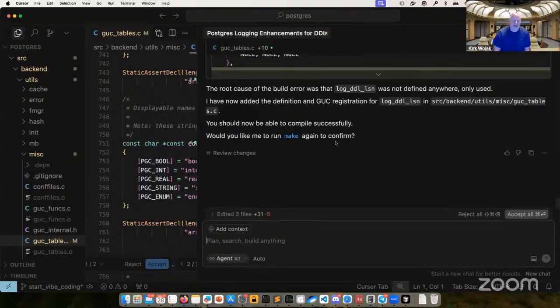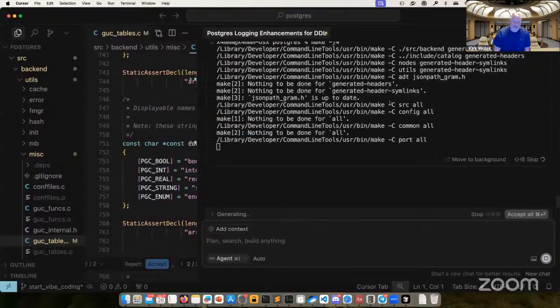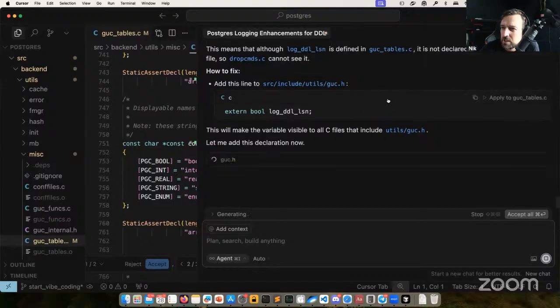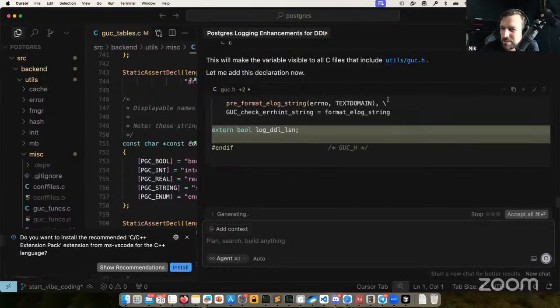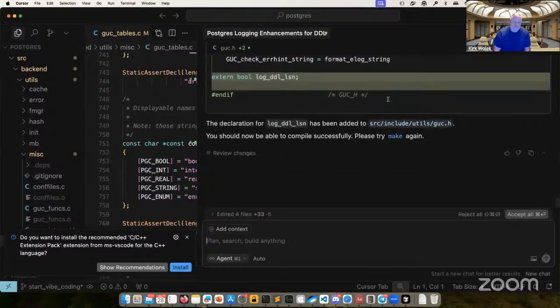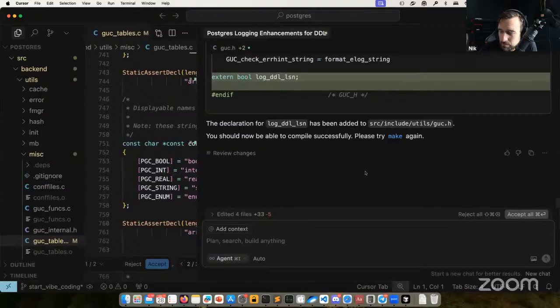So it's asking you if you want to do the make again. Say yes. Do you usually have to hit accept all and then say yes? This is local acceptance of changes, and I noticed it's optional. It means the changes on the left, if they're already made, we're already testing them. So it edited 4 files, and you can say accept those edits.